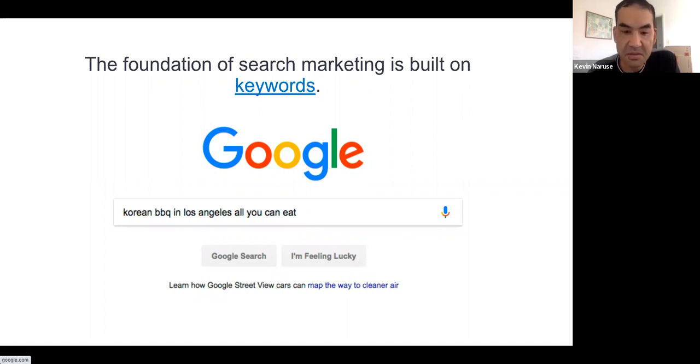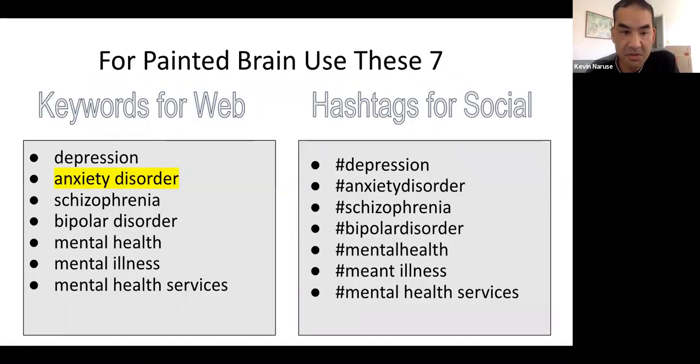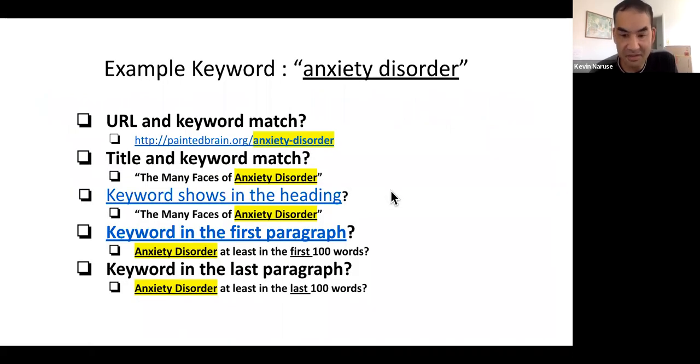So consider search engine intent, consider the keywords that we're using. And these are some of the keywords that you used in the past. And these are some that you should try to use whenever possible, because we do talk about mental health. We do talk about mental illness. Anxiety and depression are very, very popular topics right now. People are just eating it up, especially post-COVID. And notice that keywords and hashtags are almost the same thing, really. If you turn a search engine into social media and treat it as one, the keywords become the hashtags. Anyways, I'm not going to go too much into that because this isn't about social media.